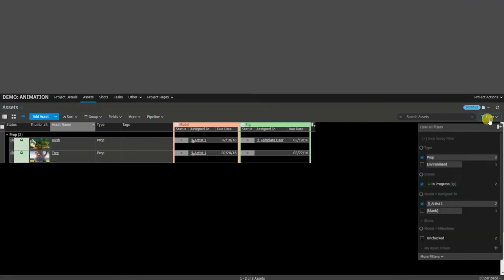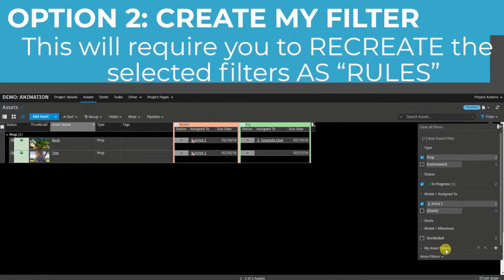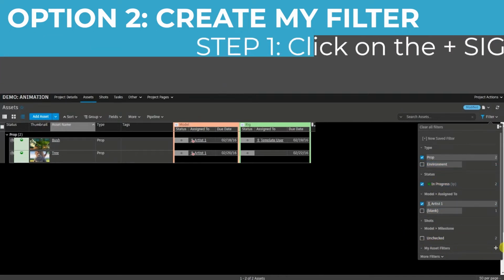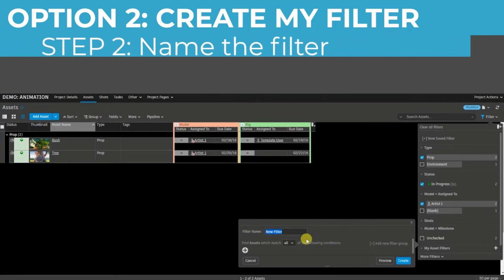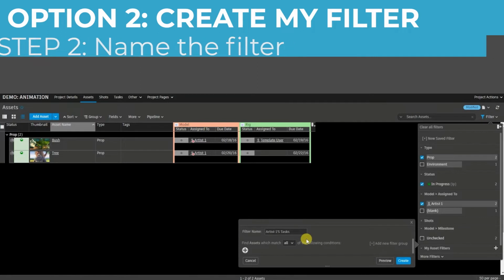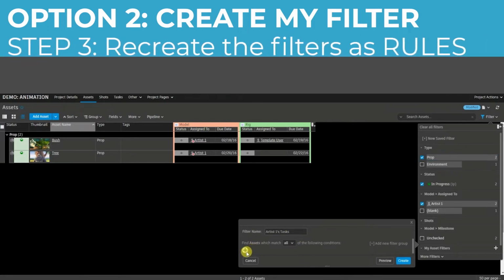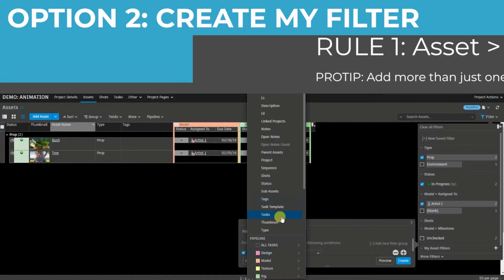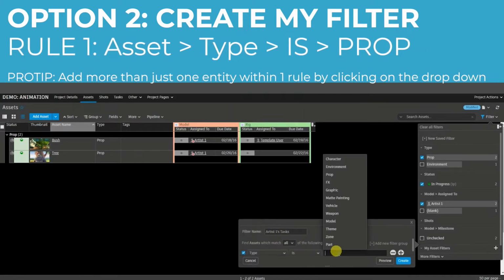Option 2 is to create a filter, a My Filter, down at the bottom. So to do this, I'm actually going to have to recreate these filter rules. So for step 1, click on the plus sign. I'm going to give it a name. I'm going to start recreating the filters on the right-hand side. So first, I only want to see the props. So I'm going to click on Asset. Type is